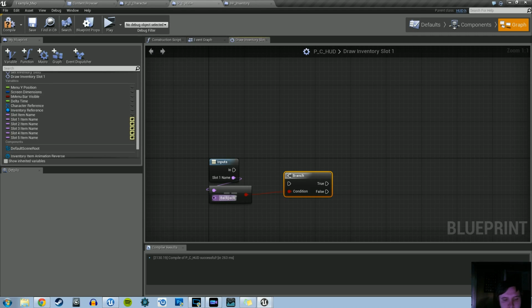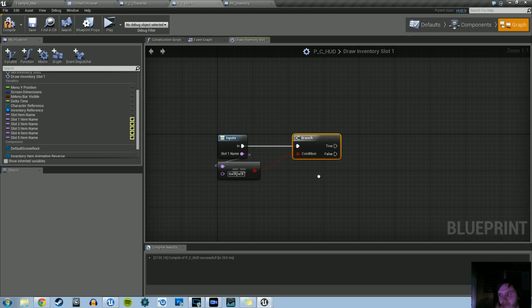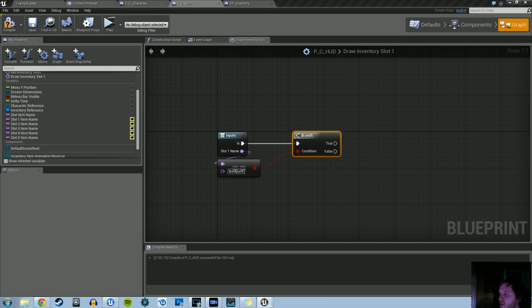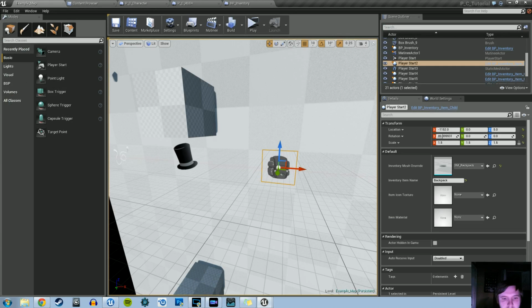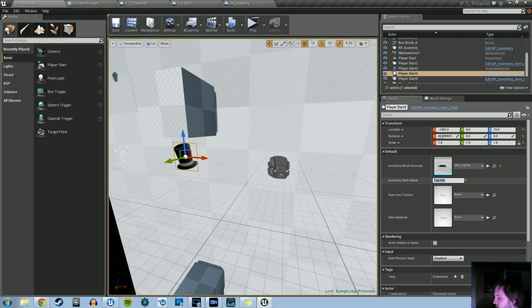Paste it into the equal here, and then connect the in to that. And now before we actually start drawing and actually telling us what textures to draw, we'll just set up all of the conditions first. So let's copy and paste the equal to, reinsert slot one name to the top, change that to top hat, copy and paste just how it's spelled,